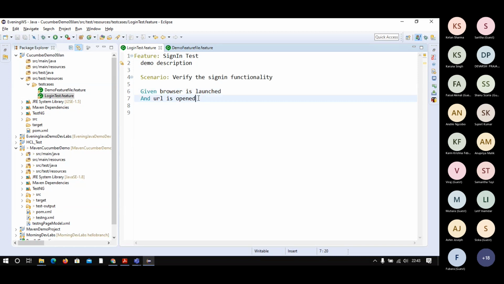URL is opened. In when section, user has entered the user ID as abc123@gmail.com.